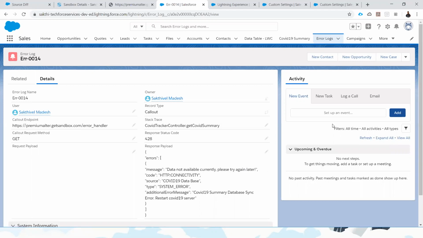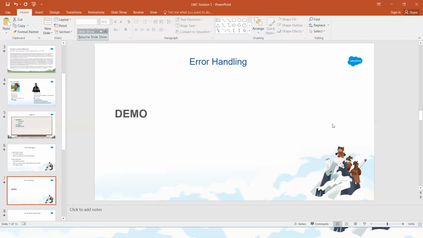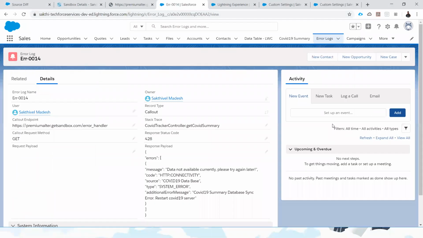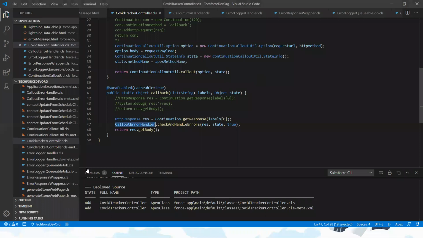Okay, let me go to the next one. Next one is Visual Studio Code. Actually, everyone knows about LWC. If you are working with LWC, it's really mandatory to create your Lightning Web Component through Visual Studio Code, or any other editor, as of now. It's not available in the Developer Console. So that's the reason, as per my experience, I will show you some of the items. Let me go to my Visual Studio Code.